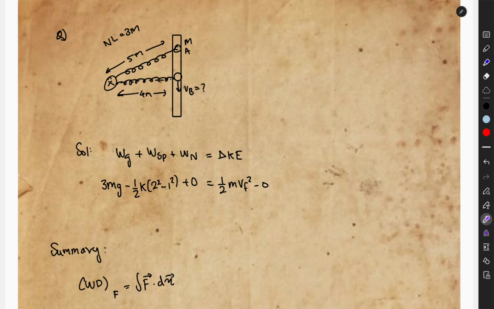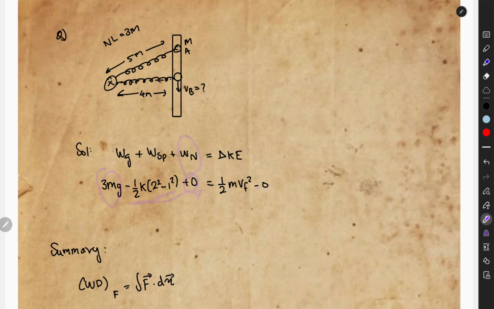I think this is the very same question, but in this case the work done by gravity is not perpendicular; instead, it is in the direction of the motion, the displacement. So what will be the displacement? Basically here 5, here 4, so this is going to be 3 meters by the Pythagoras theorem. So you can put this value and find the work done by the spring, plus the normal will be 0